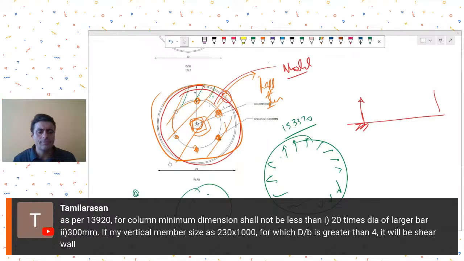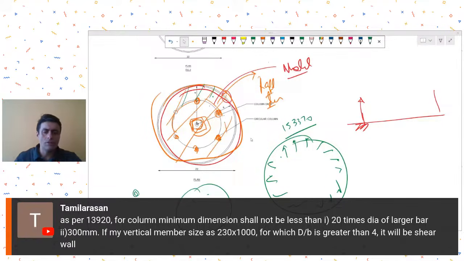Lag means there is a gap that if you start taking your d by b greater than 4, then it gets classified as a shear wall or RCC structural wall, and then you may not need to